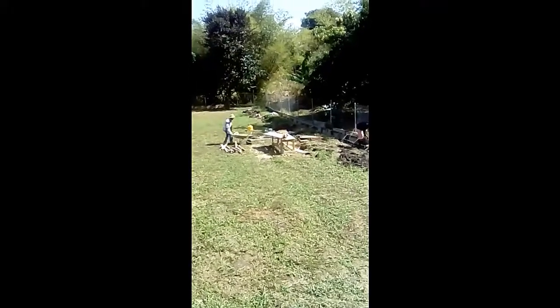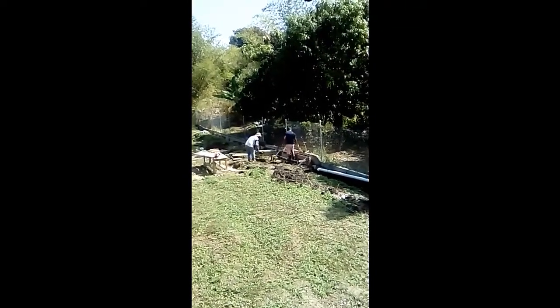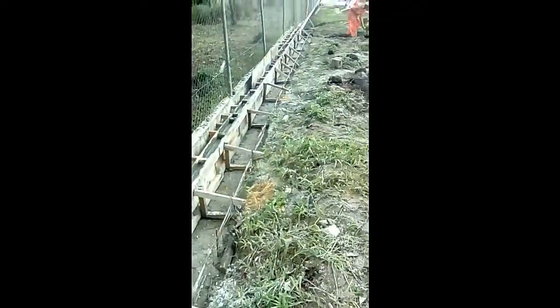So yeah, cement being poured for the drain after it was mixed a little while ago. This is just half the drain we're casting, well, mostly half. So yeah, the concrete is poured into the boxing we made for the drain to make the box drain,